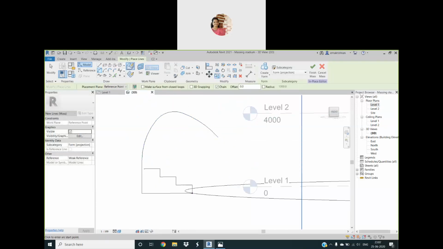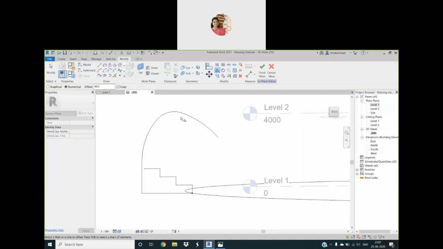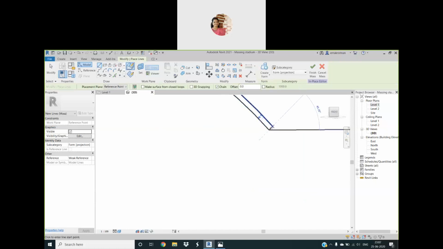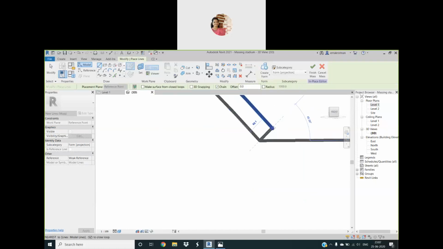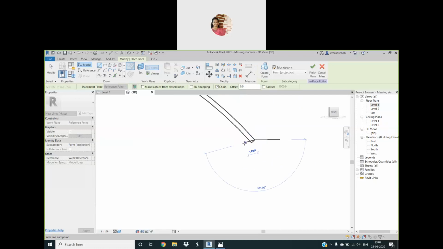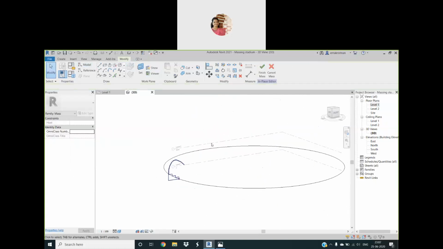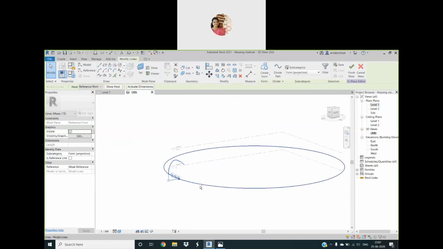But Revit will not accept open profiles. So let us offset this so that it will be easy to convert it into a closed profile. Let me connect, and here let me add a new line to make it a closed profile. Now it's a closed profile and that profile is perpendicular to the circular path, right? Let me select these two. Let us convert it into a solid form.